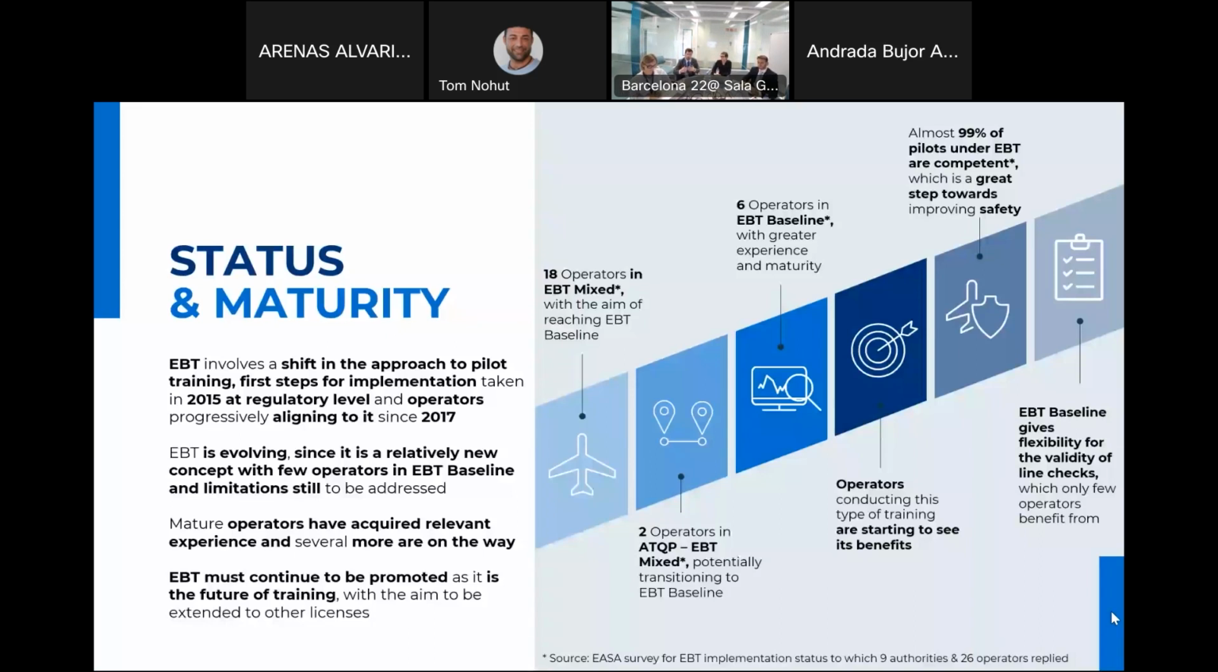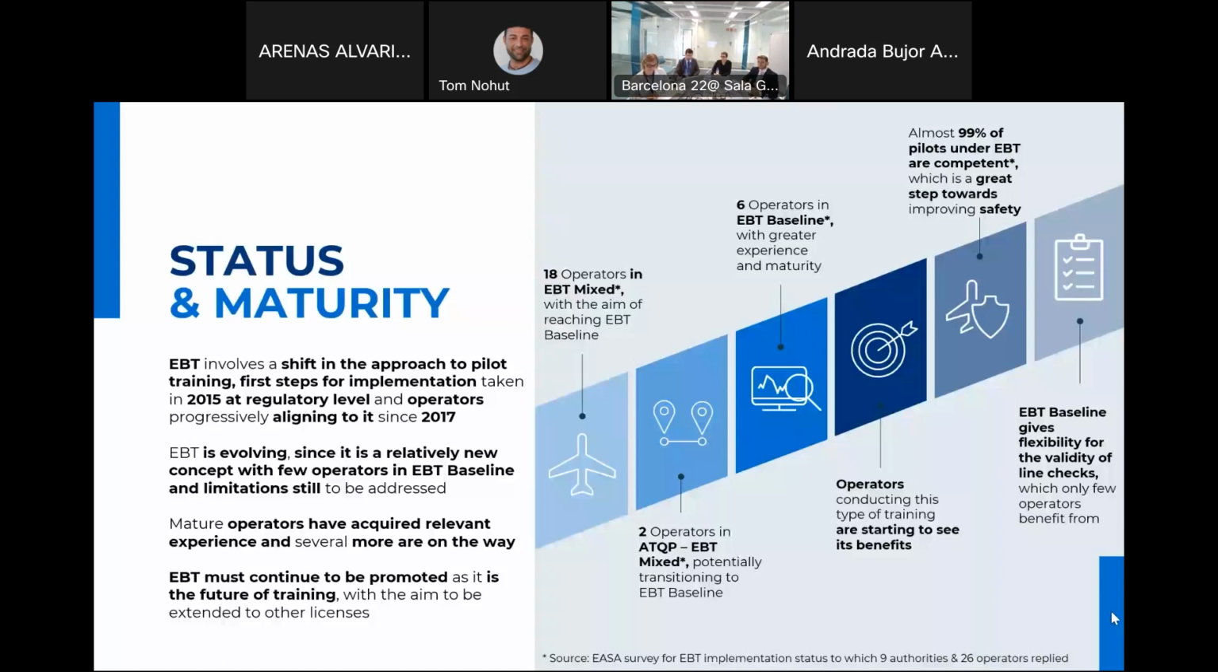So it is progressively evolving, let's say, from a regulatory perspective. So what do we have right now? We have 18 operators from this survey that EASA launched over 9 authorities and 26 operators. We can tell that we have in Europe 18 operators in EBT mixed, with the aim of reaching EBT baseline. Then 2 operators in ETQP, which is potentially EBT mixed, potentially transitioning to EBT baseline, and then 6 operators in